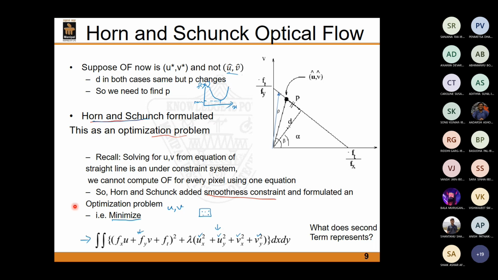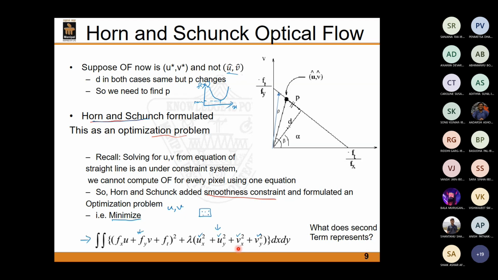Apart from the brightness consistency, it has also put another constraint, because it was a problem with two unknowns, u and v, to be found, and we had only one equation. So what Horn and Schunck did was introduce another constraint, the smoothness constraint, and formulated this as an optimization problem. This was the equation which they formulated. The first term stood for the brightness consistency, and the second one for